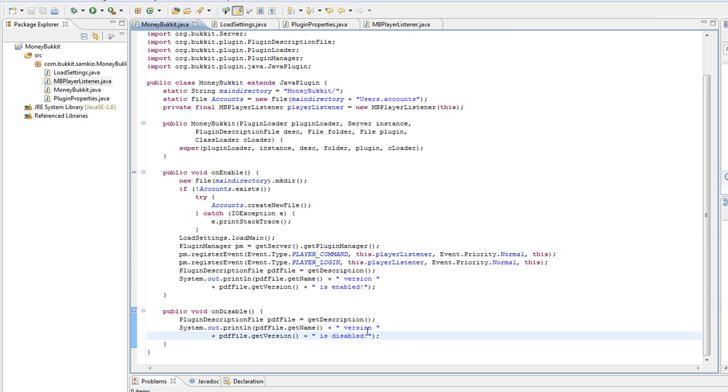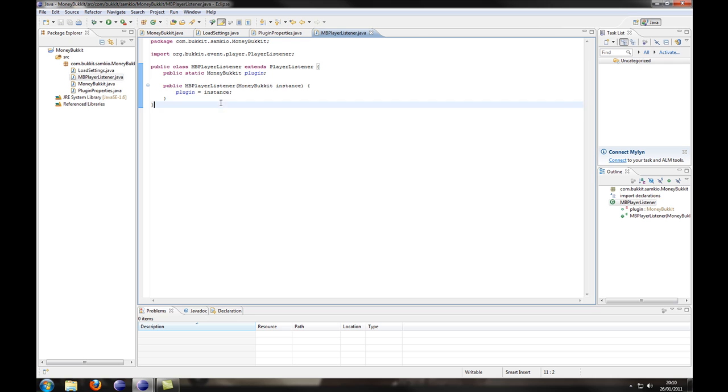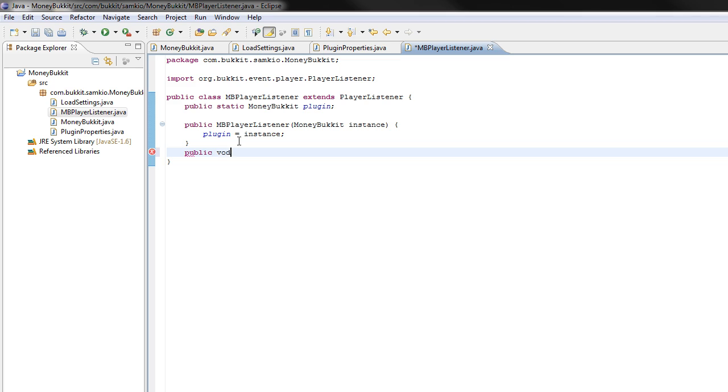Now it's all well and good, but it doesn't actually do anything at the current moment in time. So we need to add our player login and player command. First of all, every time that a user logs in, we need to add their name to the accounts list and give them the starting balance of 1,000. So on player login event,